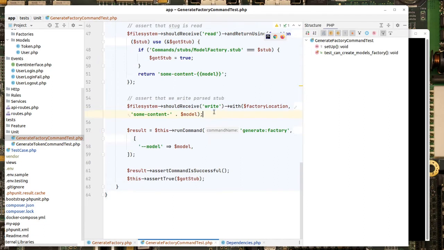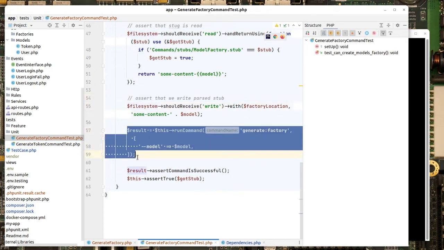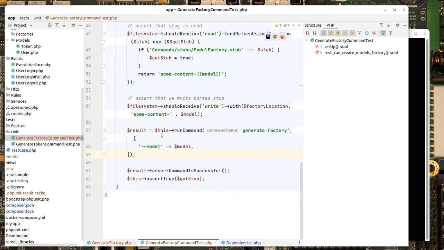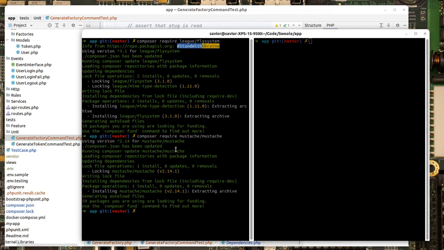So here we are. At this moment, all the mocks necessary are put in place. The comments explain further what they are doing, and then I run the command. I run the command for tests, and I pass the model, and then I assert that the command is successful, and I assert that the got stub ran. Okay, so if we go there and